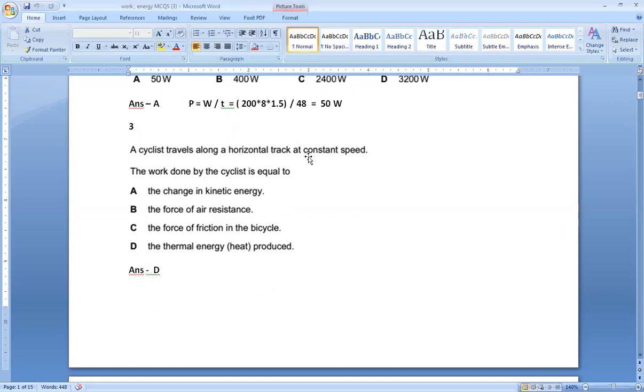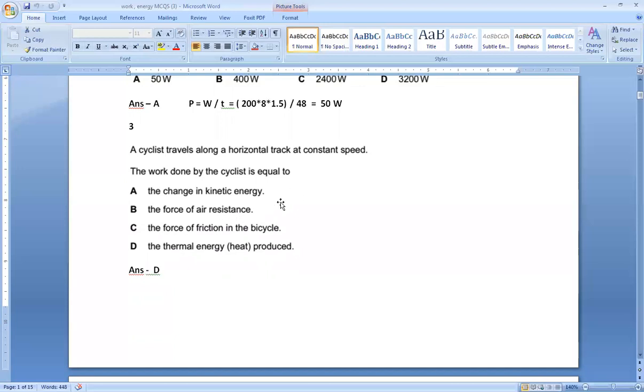Because he's traveling at a constant speed, it means resultant force is 0. The work done by the cyclist is equal to, so you know work done is force into the distance moved in the direction of force. Because there is no force, so the work done by the cyclist will be